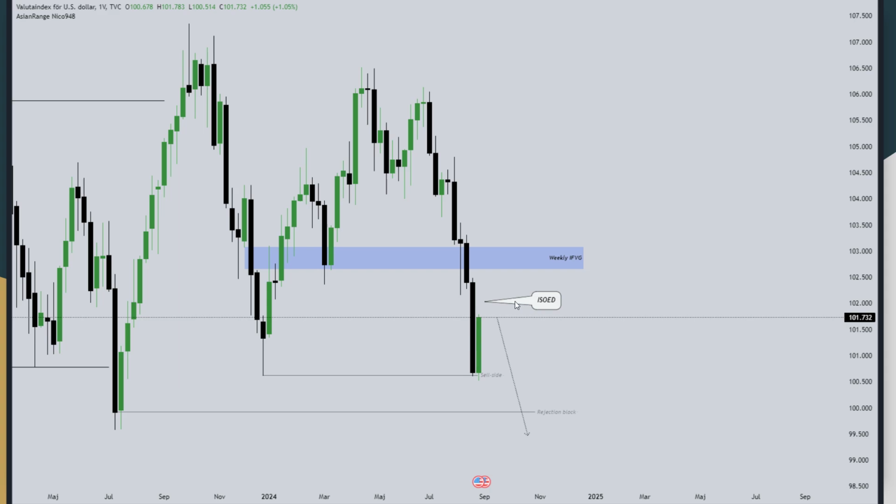What I'm thinking is that we have delivered upwards right now. We're waiting for overall a lowering in the interest rates. So what I'm waiting for is overall a reprice into a premium and then lower prices. What I am watching for is, of course, bearish order flow, meaning I'm watching overall bearish PD arrays, and